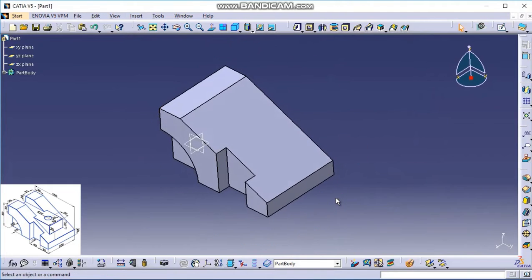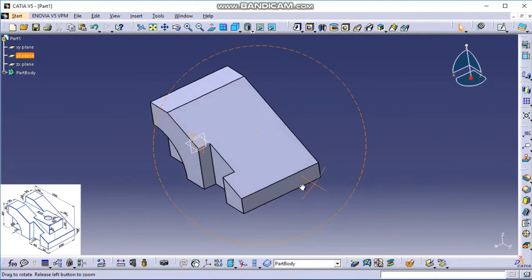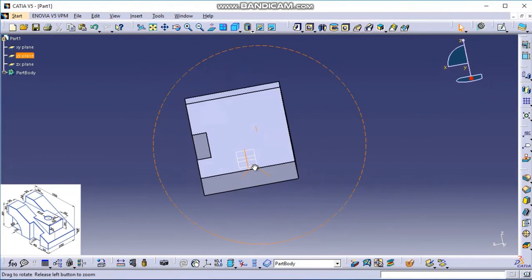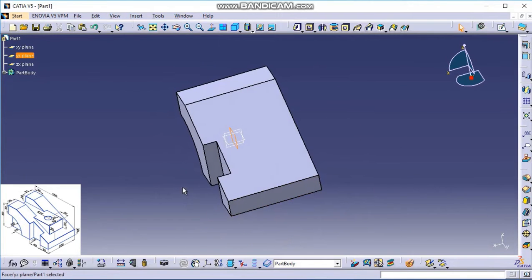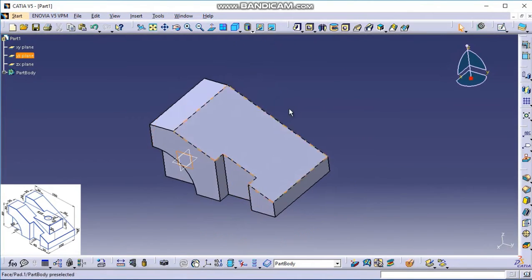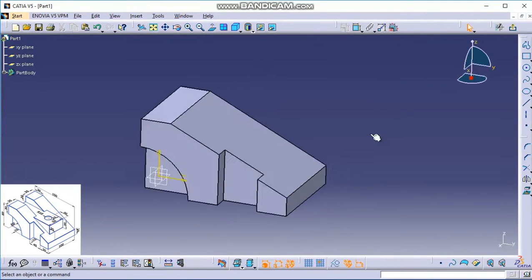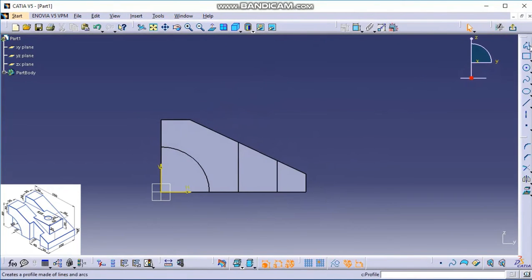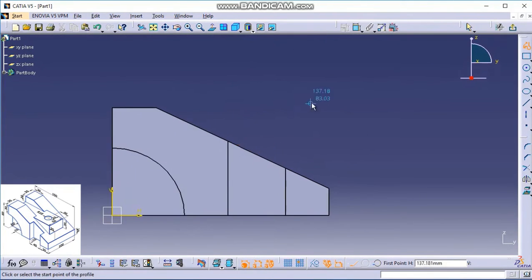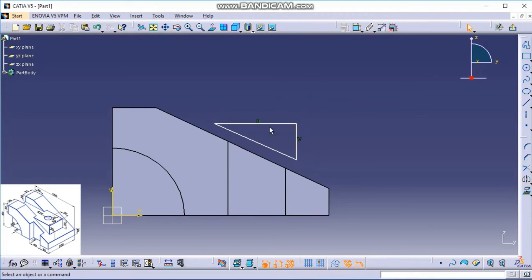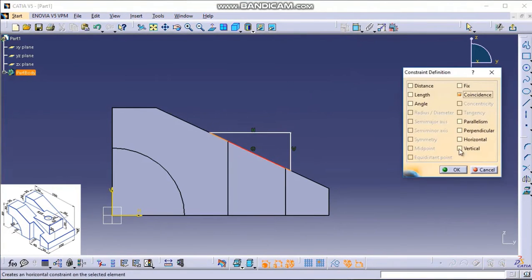Now we'll take this center plane, which is exactly at the center of the solid, as we have used mirror extend in pad. Now we'll take the sketch and create a triangle. Now take this edge and this edge. Coincidence.